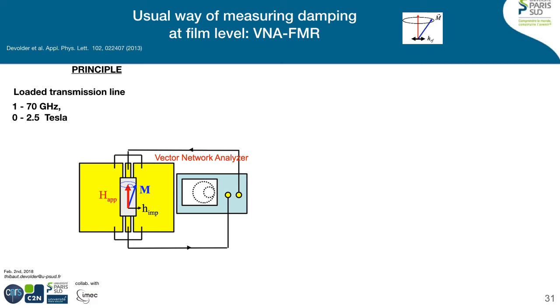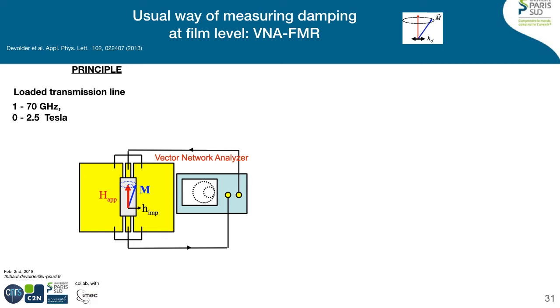But first, let's describe how we measure the damping parameter. We do it by so-called vector network analyzer ferromagnetic resonance, which is a technique where you take your tunnel junction, put it on top of this yellow strip line, and flow some RF current into it. The RF current sees an impedance, and this total impedance depends on the permeability of the magnetic layers,